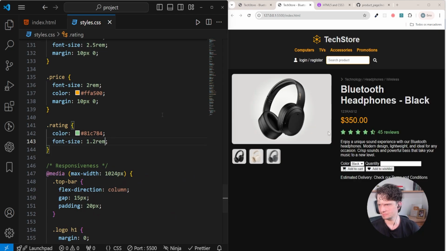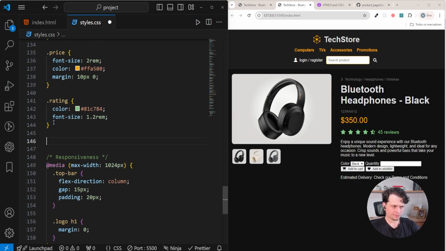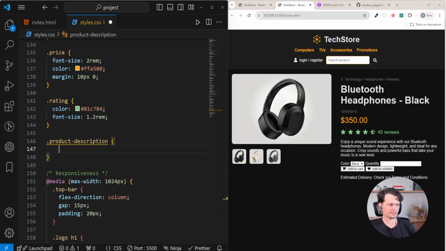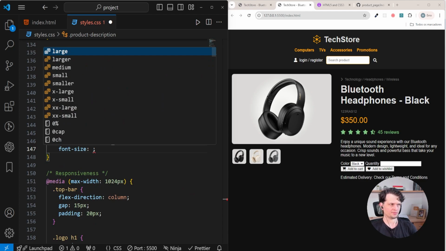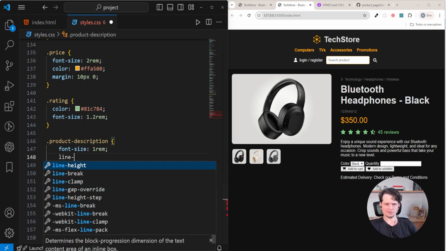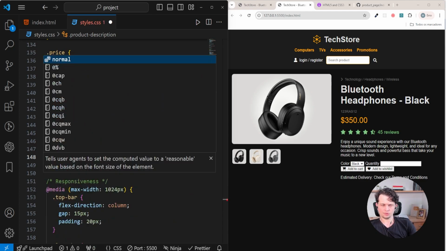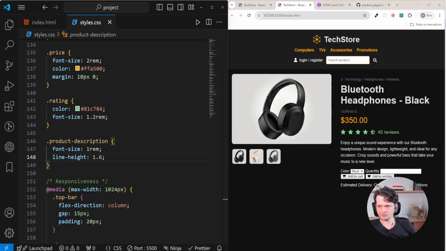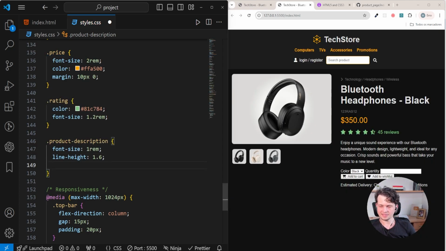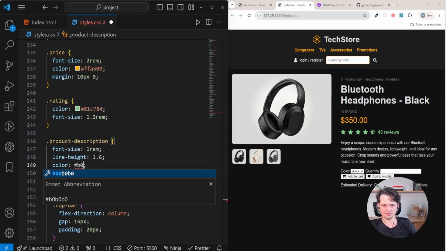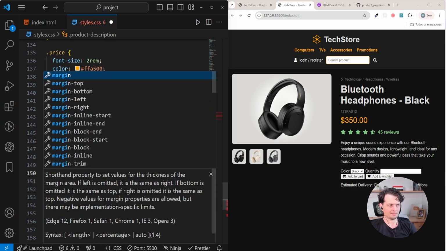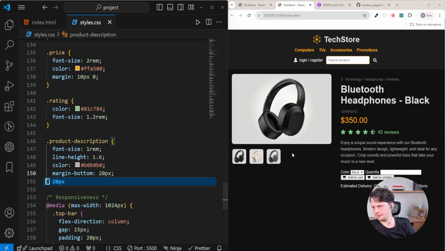1.2 rem. So after the rating, we have the product description, and this element here has a font size of 1 rem, and we increase the line height so users can read better this text, because it's a longer text with multiple lines. So it's a good practice to increase the line height, and also different color of B0B0B0. After that, a margin bottom of 20 pixels. Okay, so